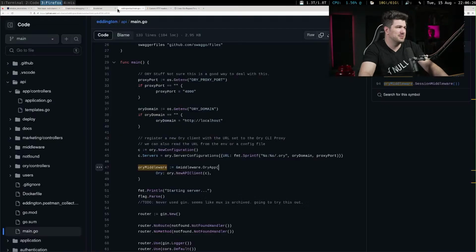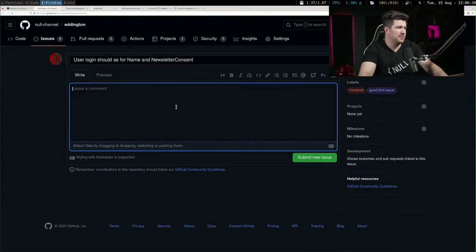Where's my tab? Here we go. Login should include the extra fields, name and newsletter consent. Name is required, and consent is not.